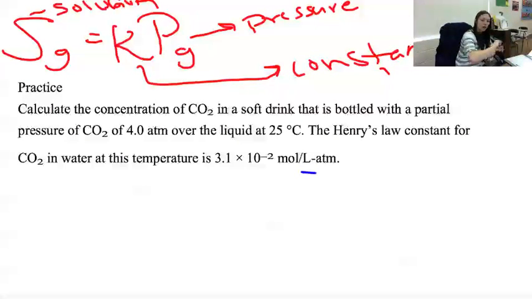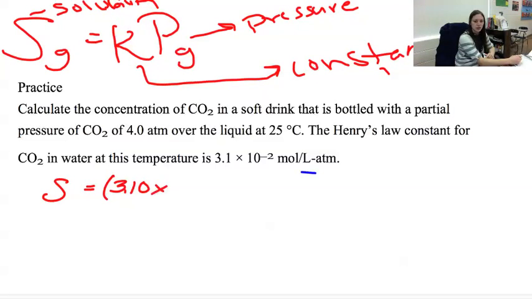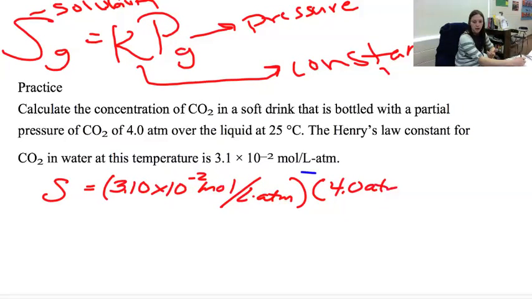Okay, so I want to know the concentration, which in essence we're looking at the solubility. How much dissolves, okay, and how many liters. So I've got my solubility equal to my constant, which is 3.1 times 10 to the negative second moles per liter times atmosphere. Okay, then times my partial pressure of 4 atmospheres,